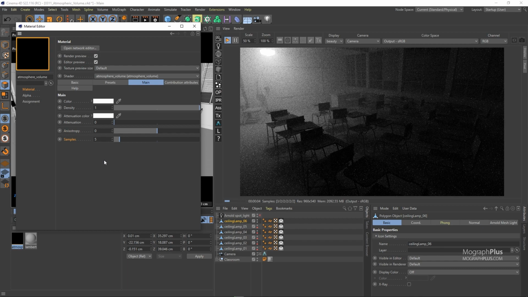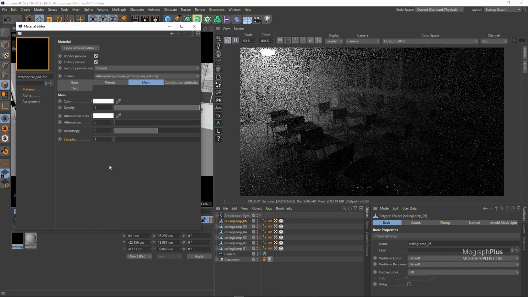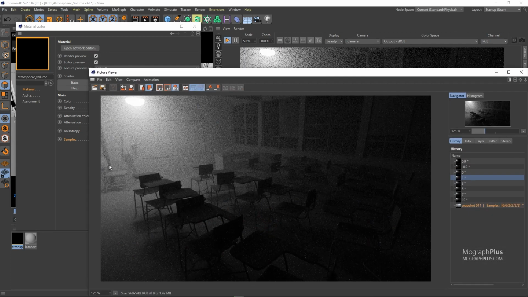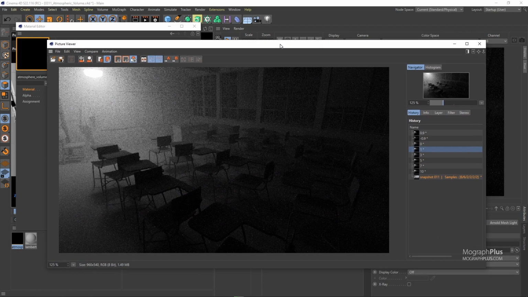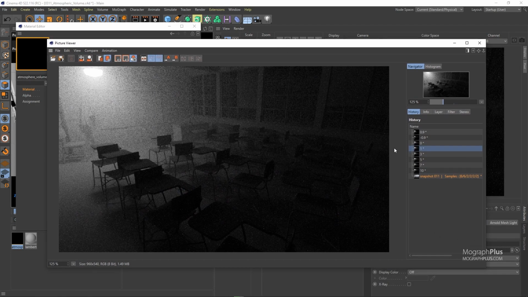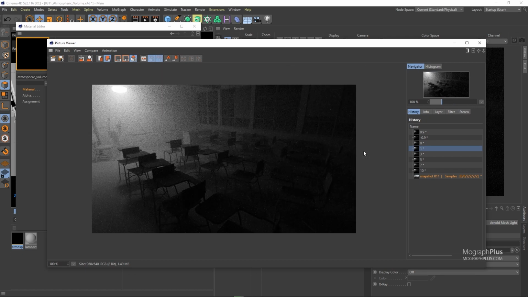Then we have samples, which obviously controls the quality of the atmospheric volume. Let me show you a few renders with different sample counts. For the first one, the sample value is set to 1. Very noisy. In the second render, samples are 3, and for the third and the fourth one, the samples are